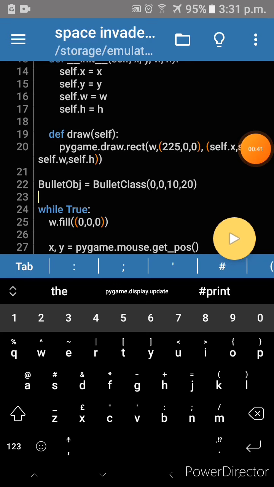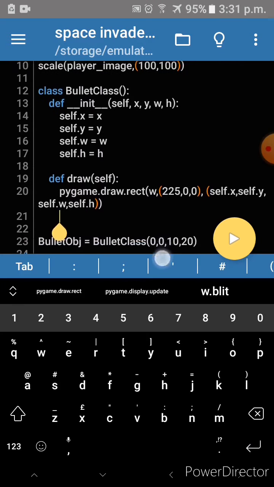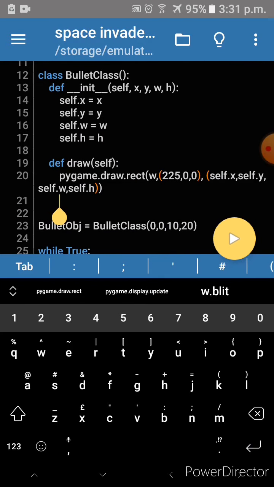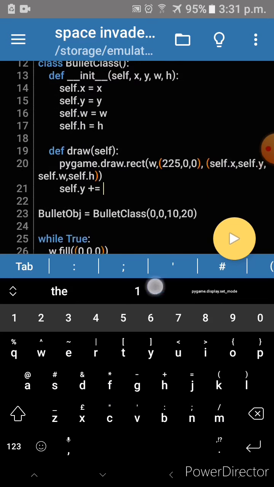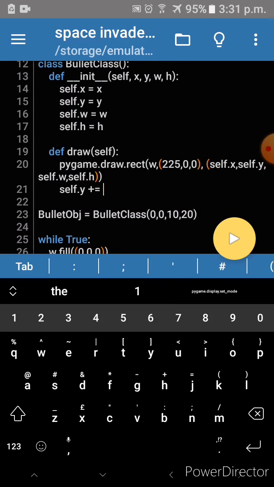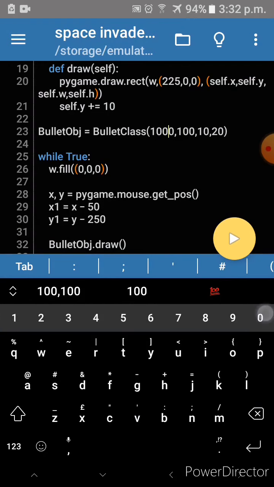We cannot say that this is a bullet because it does not move anywhere. So I am going to make another statement, self.y plus equals, that means we are incrementing the value every time the while loop runs. That is because the draw function is given inside the while loop, and self.y plus equals, I am going to give 10. Now I am going to change the position of it to about 0, 100. Now let us run the program again,